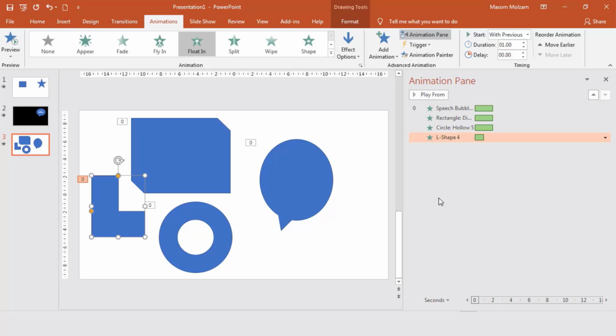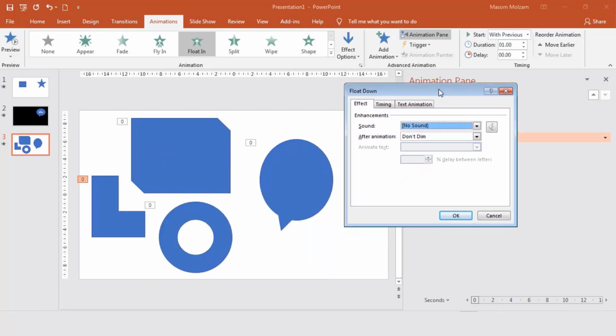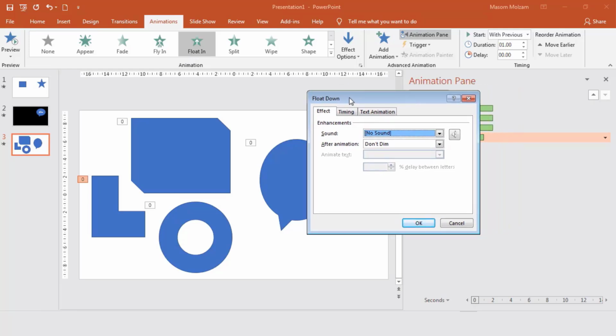Now let's see where the advanced effect of this animation is, which can be used for every animation. If you select an animation from the Animation Pane menu, such an arrow will appear for it. If you first click on it, you can see that both the start options and an effect option are here. If you click on it, the advanced settings window for the animation will open, and this window differs from animation to animation. For example, for the floating animation that I selected, the advanced option is a window